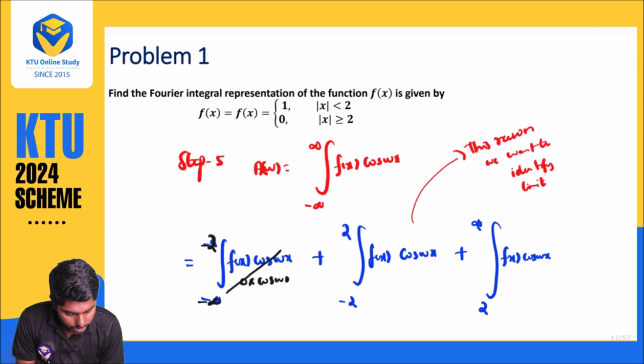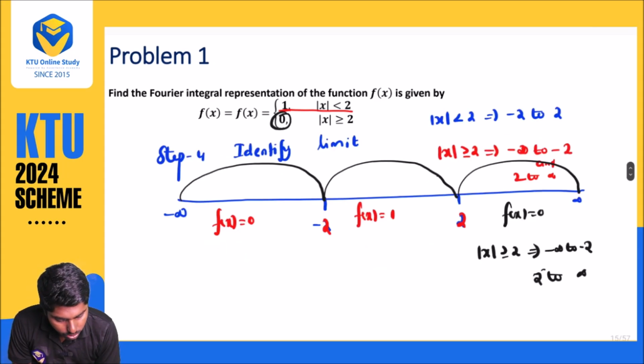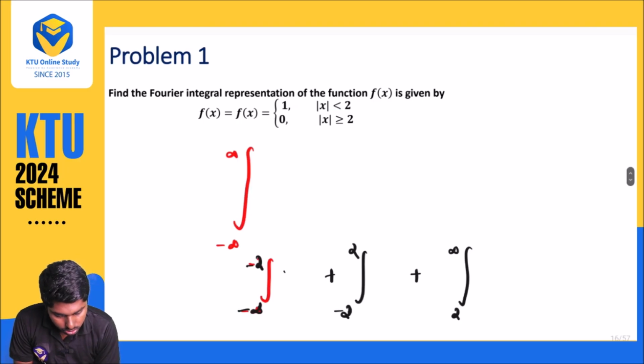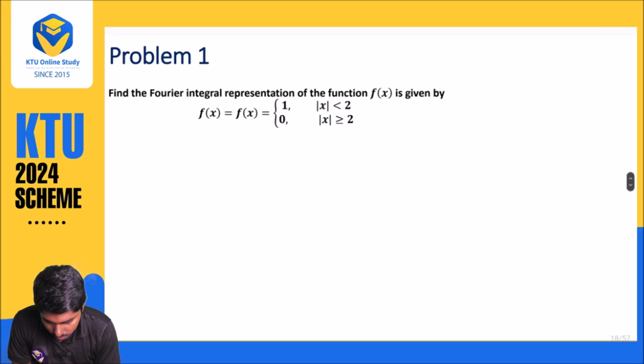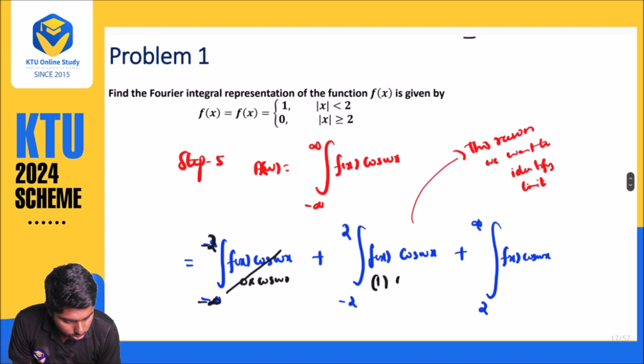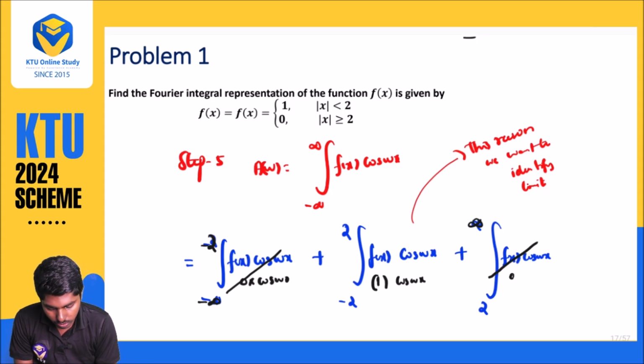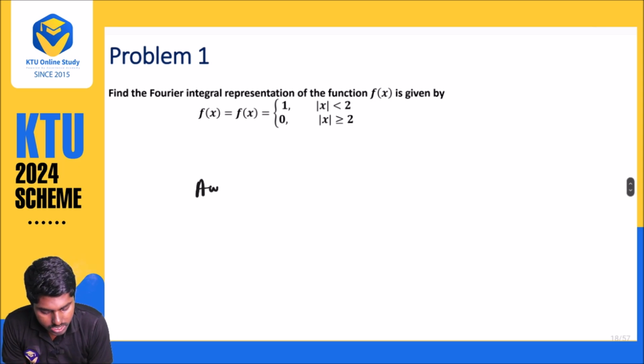Then similarly here, what is f of x? For minus 2 to 2, f of x is nothing but 1, so it is 1 into cos omega x dx. Then from 2 to infinity, what is our f of x? That is nothing but 0, so 0 into cos omega x is 0 only. So what is left out? That is a omega is equal to